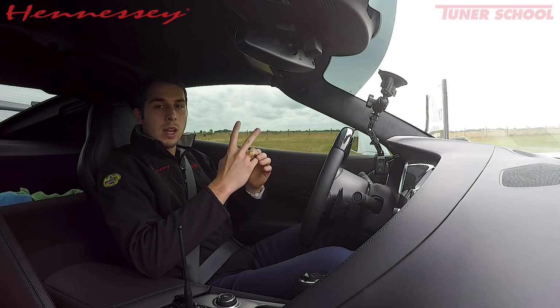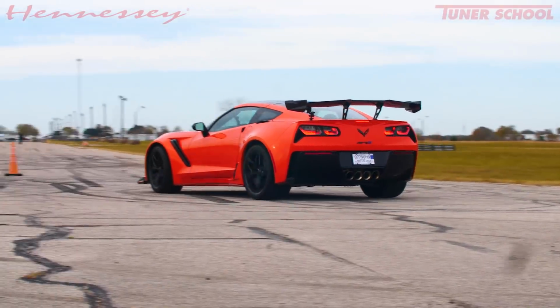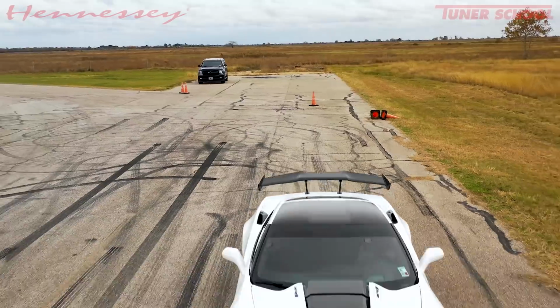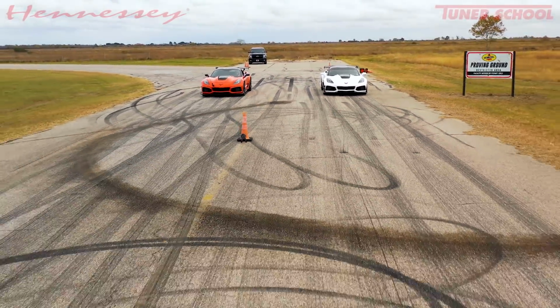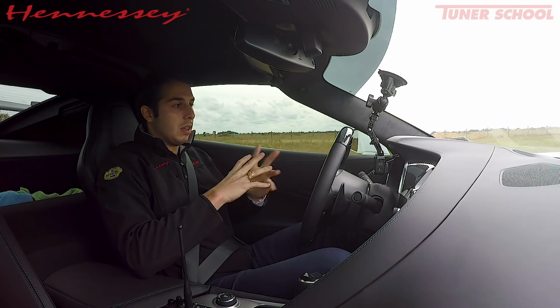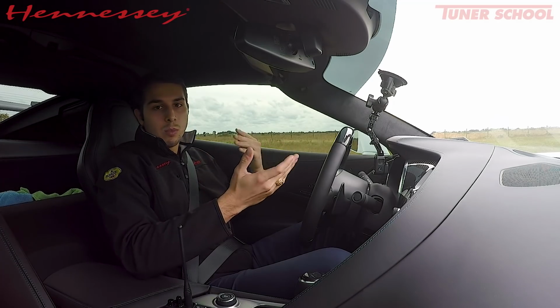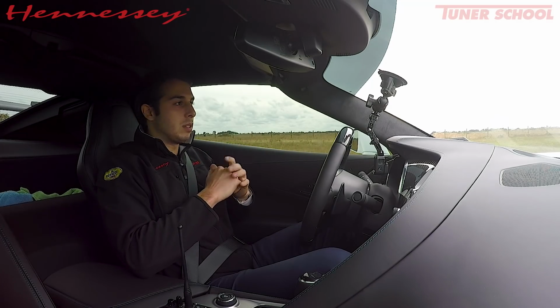We're in two 2019 ZR1s. One is bone stock, and the one that I'm in is our brand new HPE 850 ZR1 package. The ZR1 is a phenomenal car from the factory. The 8-speed auto is great. The LT5 is great. It sounds great. A lot of horsepower. But obviously, we do it a little bit special here, and we obviously need some more